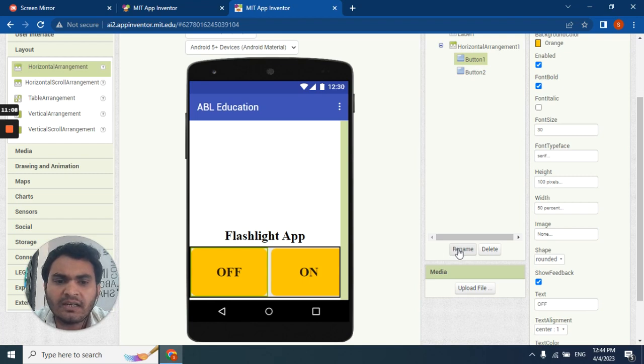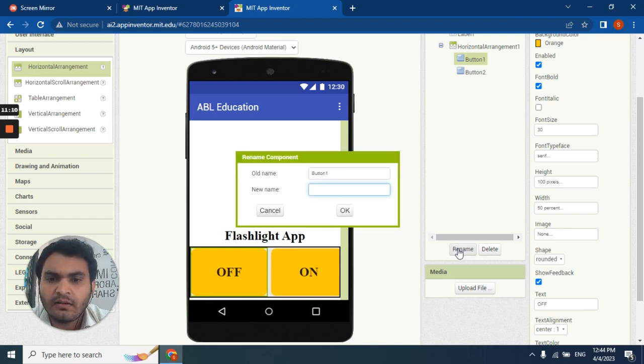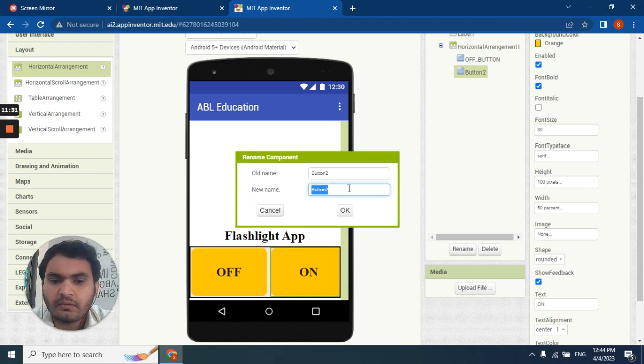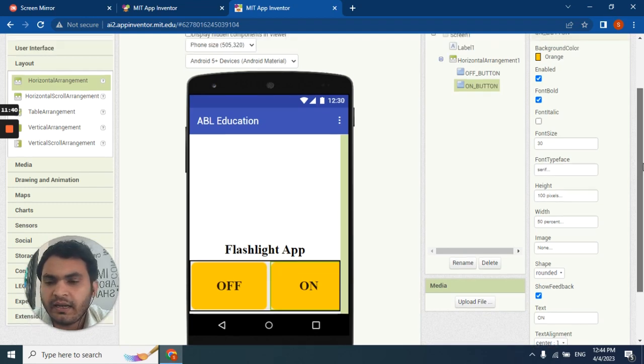So let me click on button 1 and rename this. Let me provide a new name, that is off button, and then click OK. In a similar way, we can rename button 2 as on button, right?